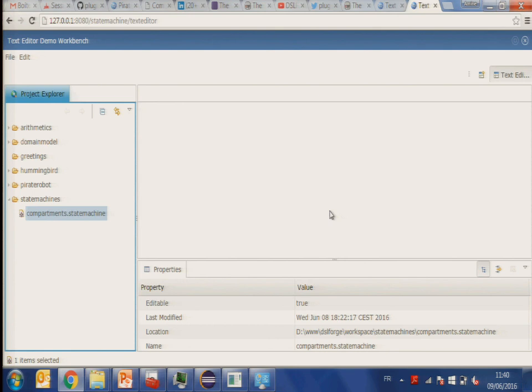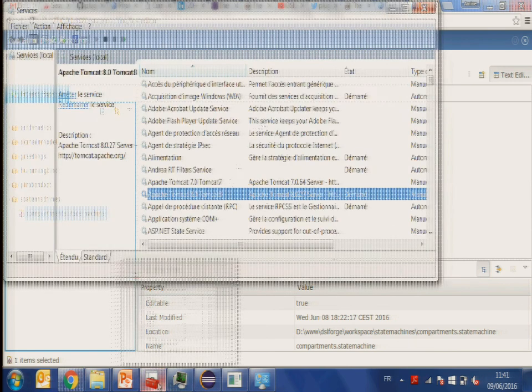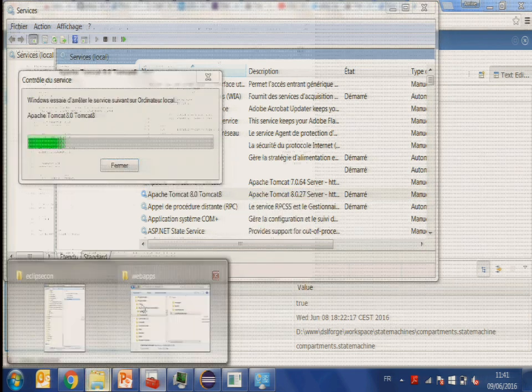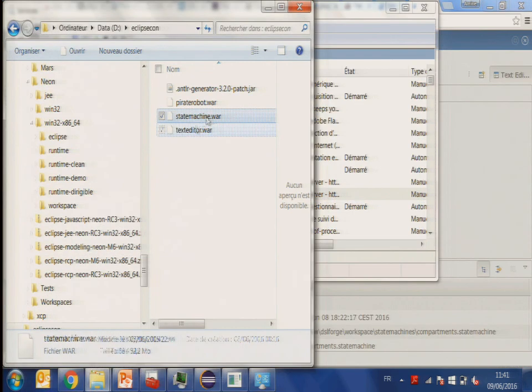There is a live demo on dslforge.org where you can have this exact application and you can play with it, and it's publicly available. So I have this text editor war here, which is an aggregation of all the examples, so that we can test them all at the same time.